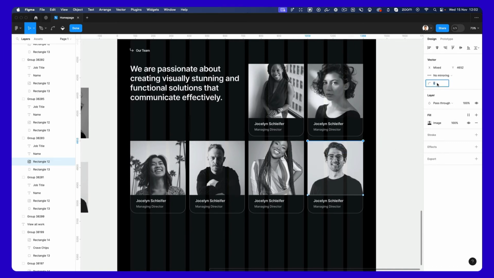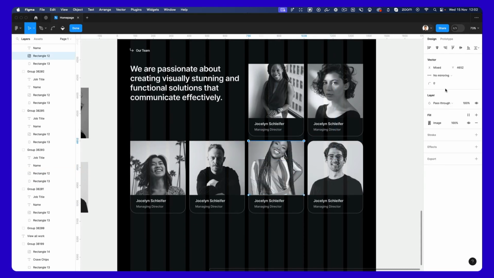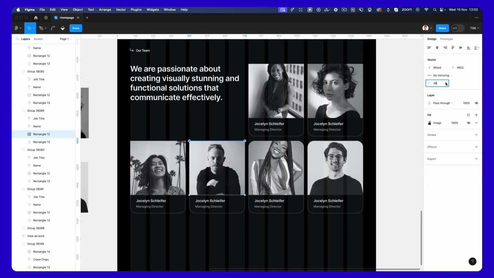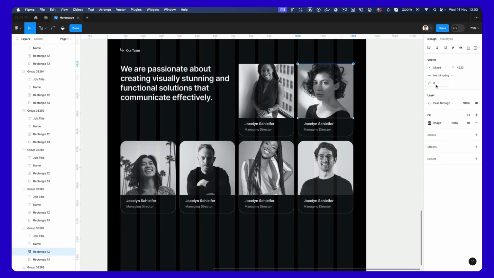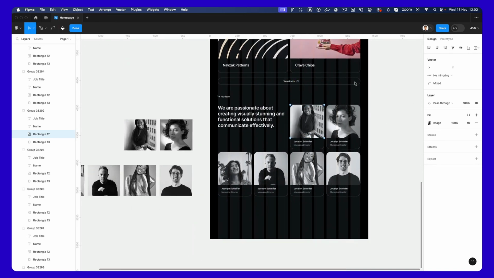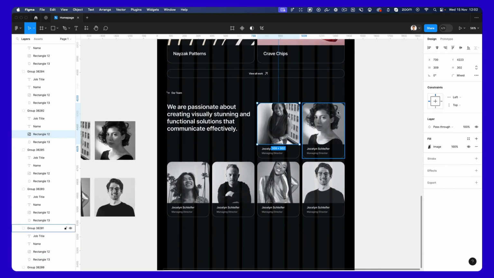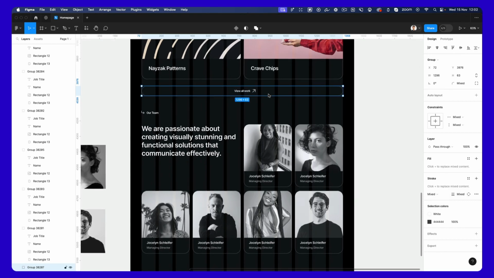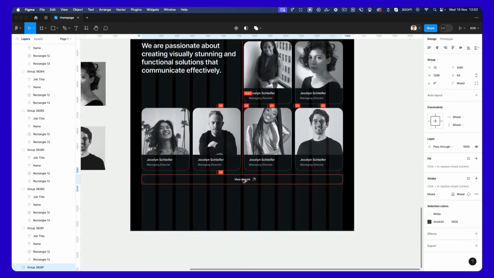Again. Cool stuff. All right, so we have the base going, and now we're going to group this element, duplicate it,